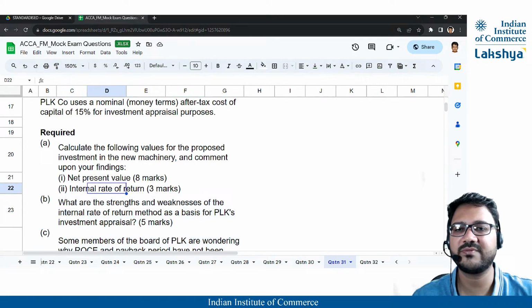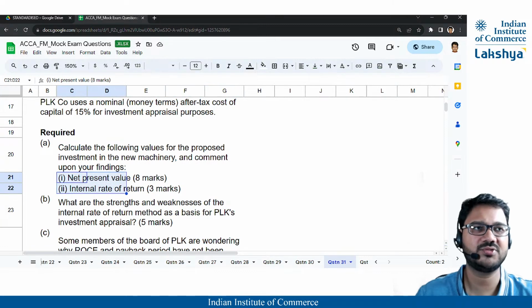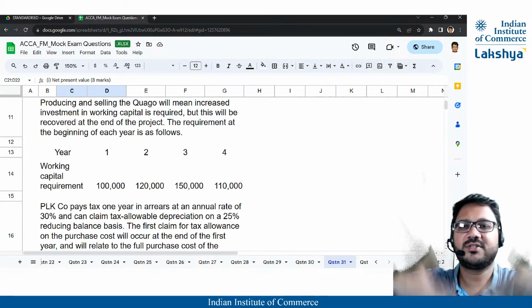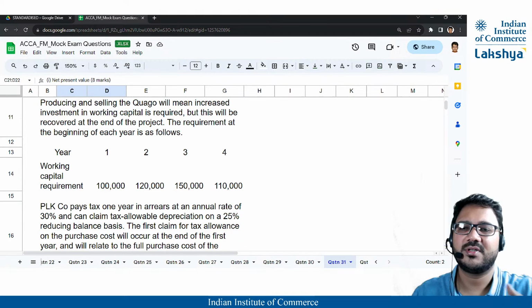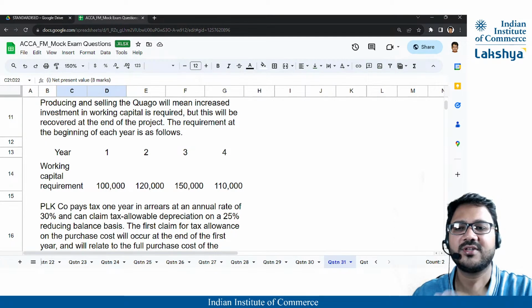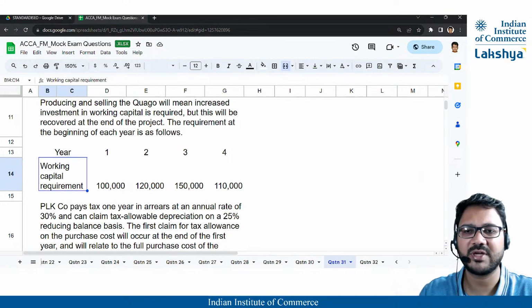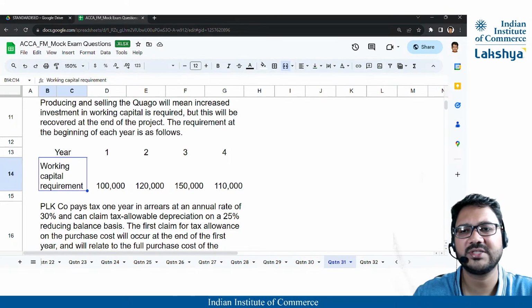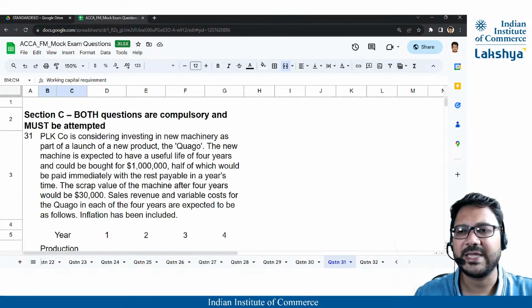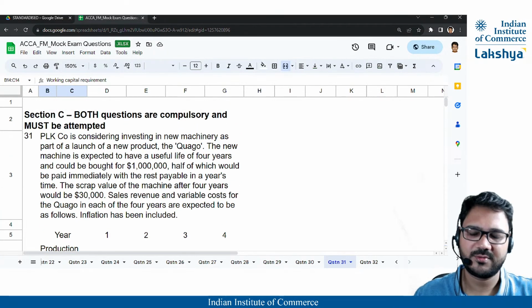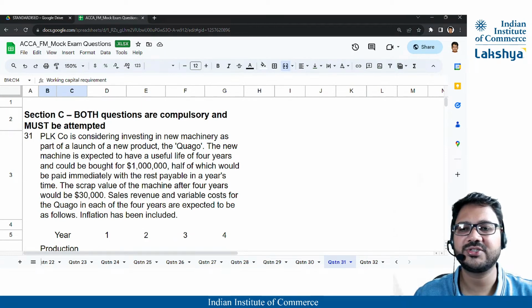Now calculate the net present value for the proposed investment. So we have to find NPV and IRR. So our regular table, how we did it in yesterday's class. Your sales, fixed cost, variable cost, all of that. Find net cash flow, then tax, your TAD, all of that. But here there is also working capital requirements given, so there is another working capital adjustment that needs to be made. So let's first make our financial summary.